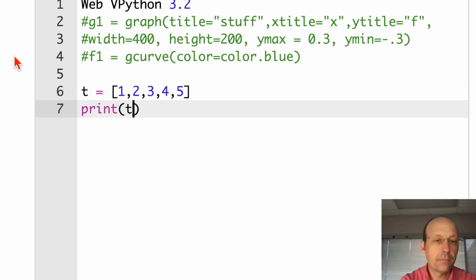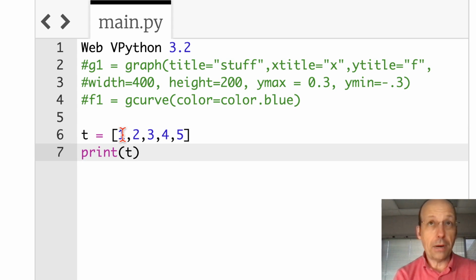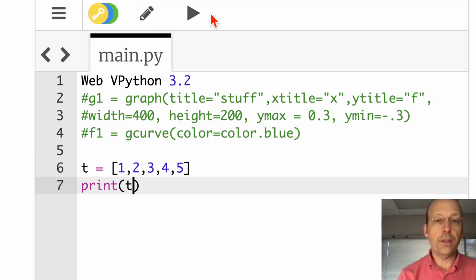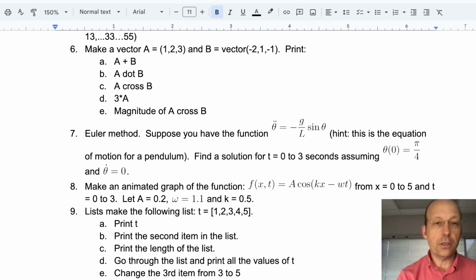Print t. So in Python, a list, in VPython, we can make a list with these square brackets. Anything you put in square brackets is a list. You can actually put anything in there. You could put 3D objects in there. You could put vectors. You could put numbers. You can put lists of lists. It's really useful. Okay. So if I run this, I just get 1, 2, 3, 4, 5, same thing. Okay. Now the question over here,